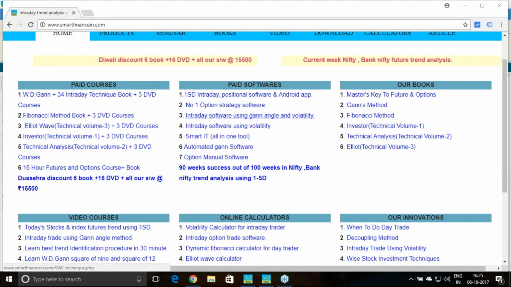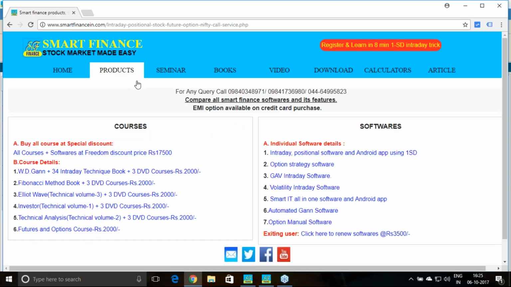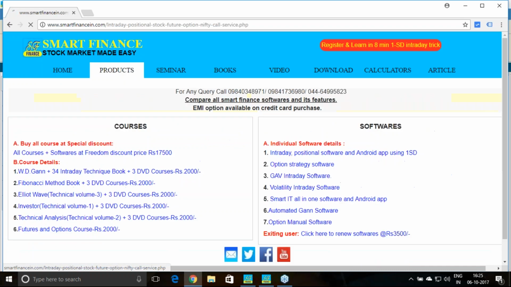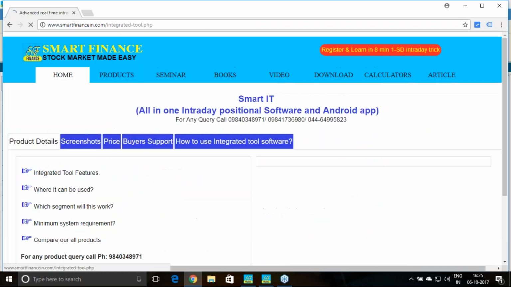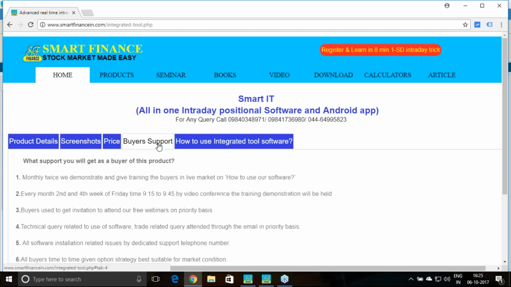And as per our protocol of the buyer support program, for those who are buyers of any of our products, we have just introduced this buyer support program from the month of July. Because of the leave, the last program we could not conduct, but this is this month's first program. So here in this program you are entitled to